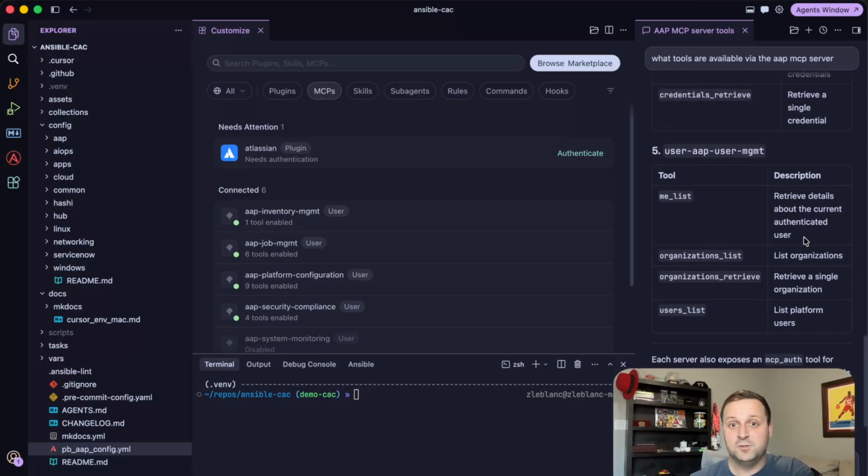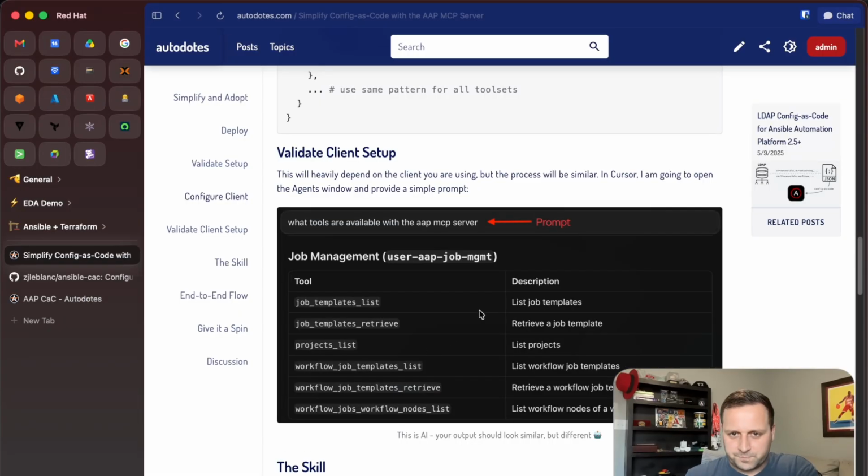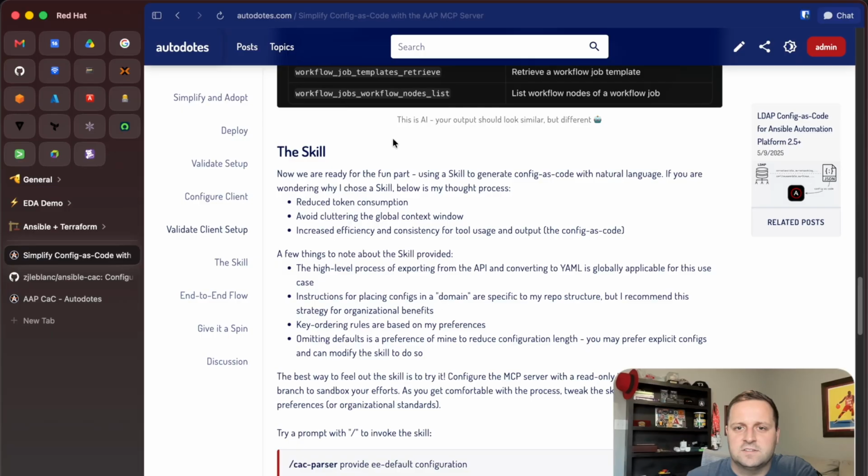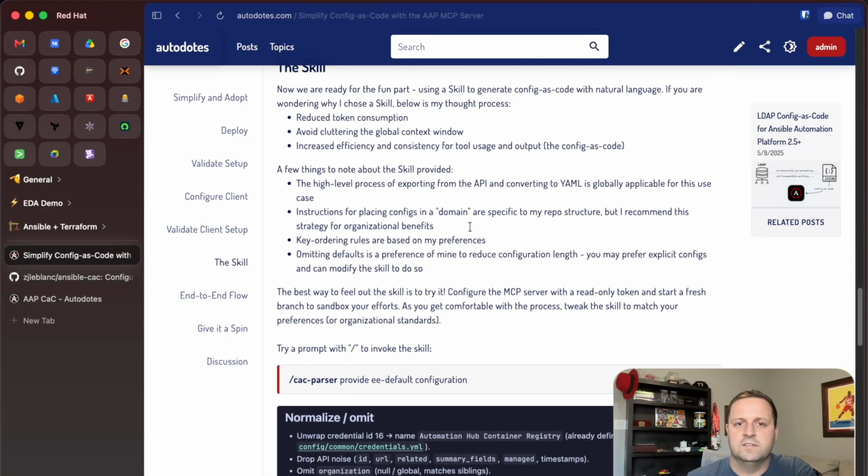So a cool way to use AI to learn a little bit about the AI itself. This is also a good validation. This is validation that everything's hooked up correctly. So now I can come into the fun part, and I've got this skill written, which is effectively how I